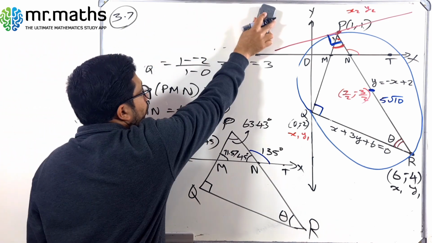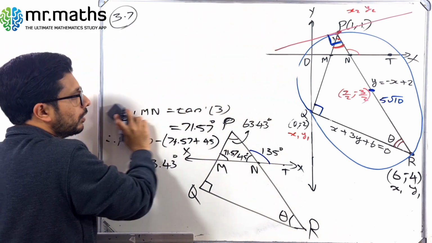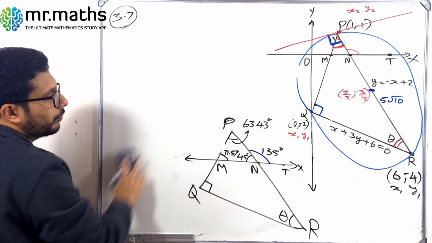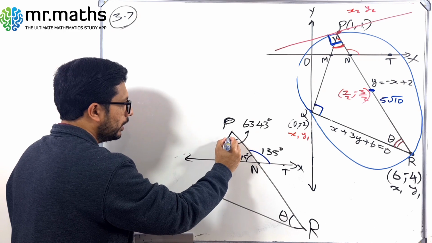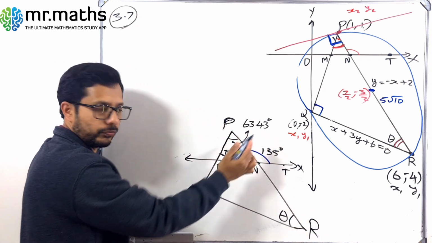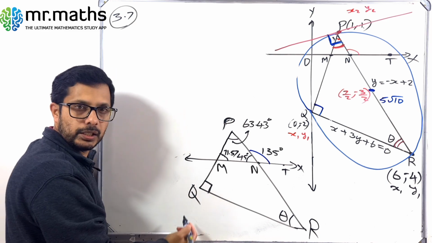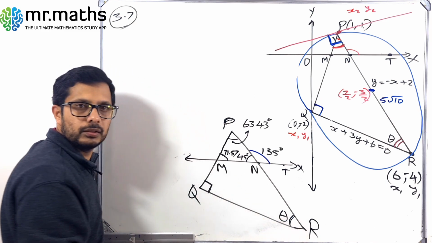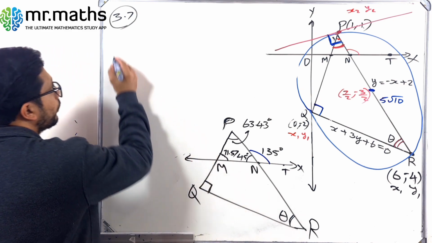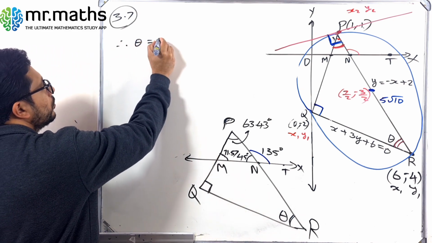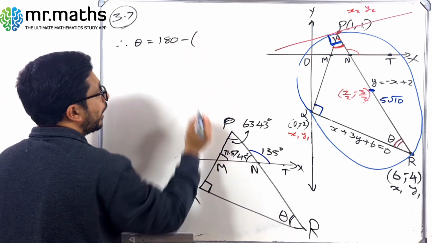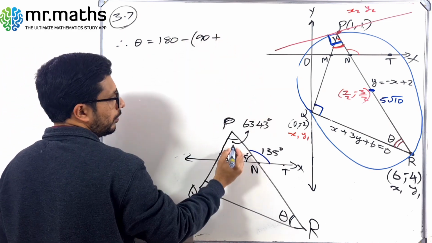But what is our question? Our question is not to find angle P. We have to find the angle theta. Am I right? So for now, look at this one. In this big triangle PQR, this angle is 63.43. We know that this angle is 90 degrees. So how can I find this angle? The same applies, the sum of the angles in a triangle is 180. So theta is equal to 180 minus 90 plus angle P,